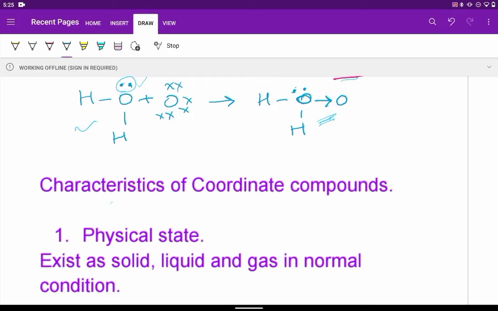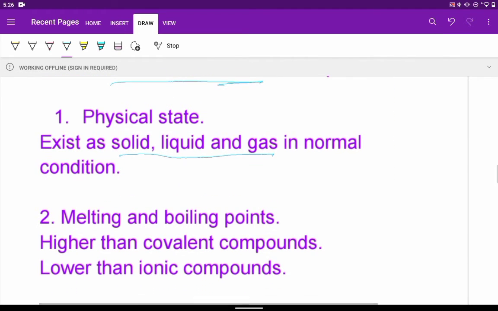Now if you go to the characteristics of the coordinate bonds, that is, the compounds having coordinate bond, we find that they exist in all the 3 states, solid, liquid and gas, in normal conditions. The melting and boiling points of these compounds are a little higher than that of covalent compounds. Covalent compounds are formed by sharing of electrons, where both the atoms contribute equally in electron sharing. But the melting and boiling points are definitely lower than that of